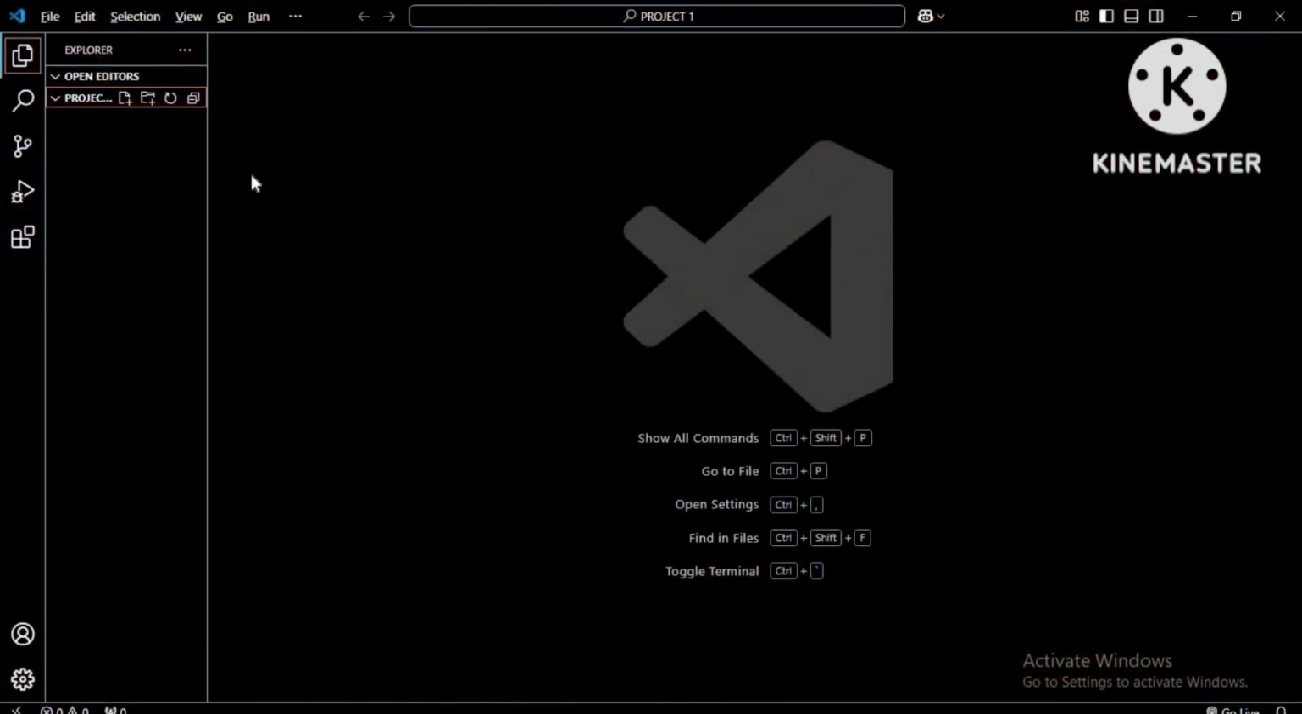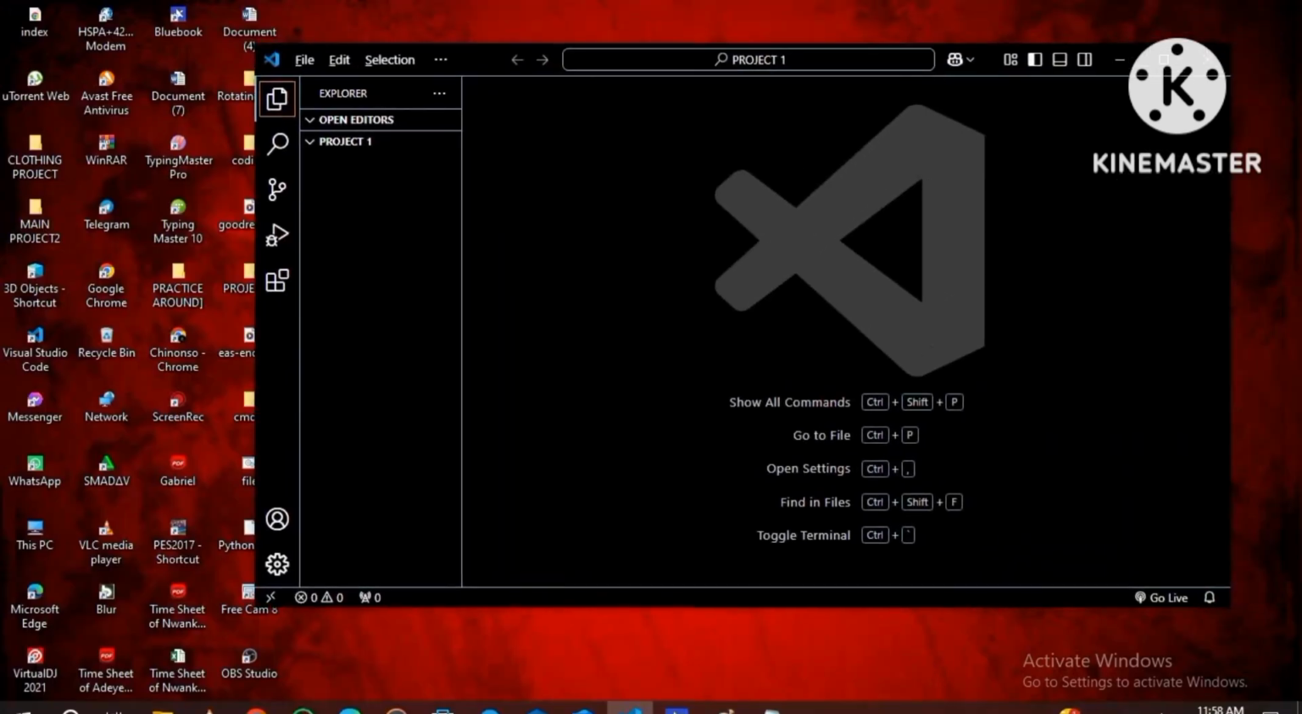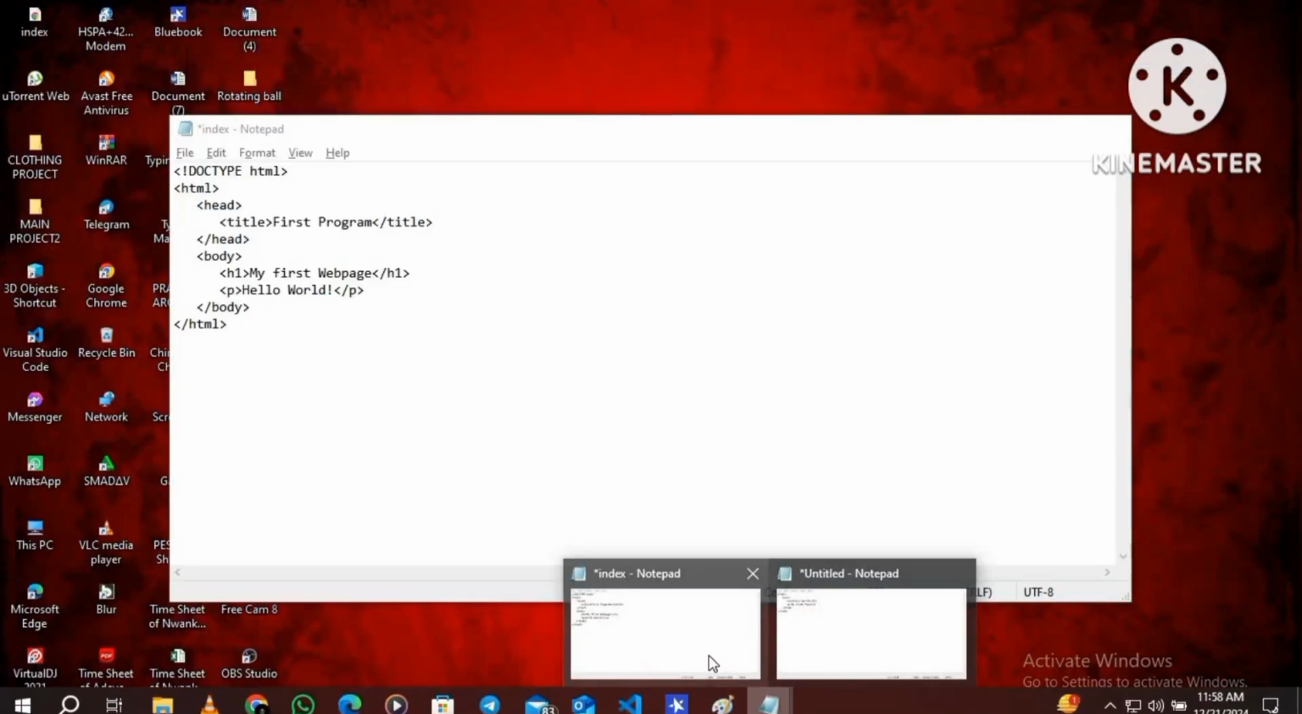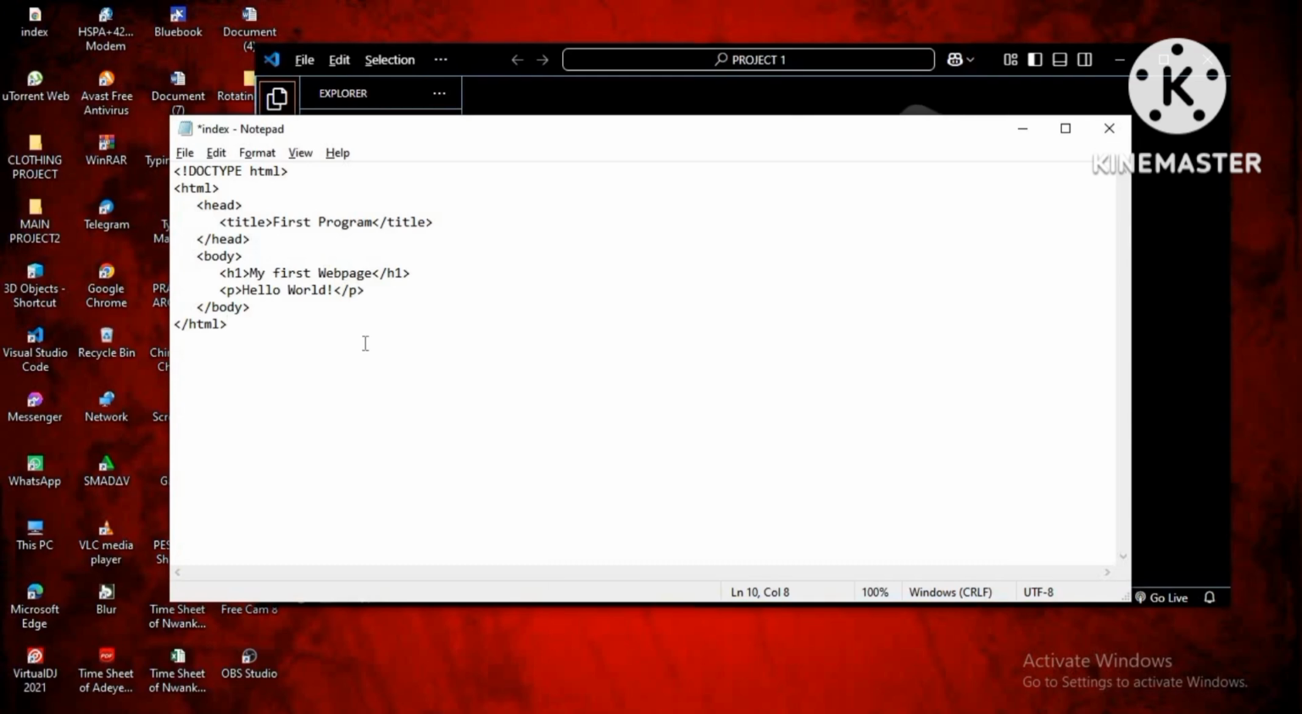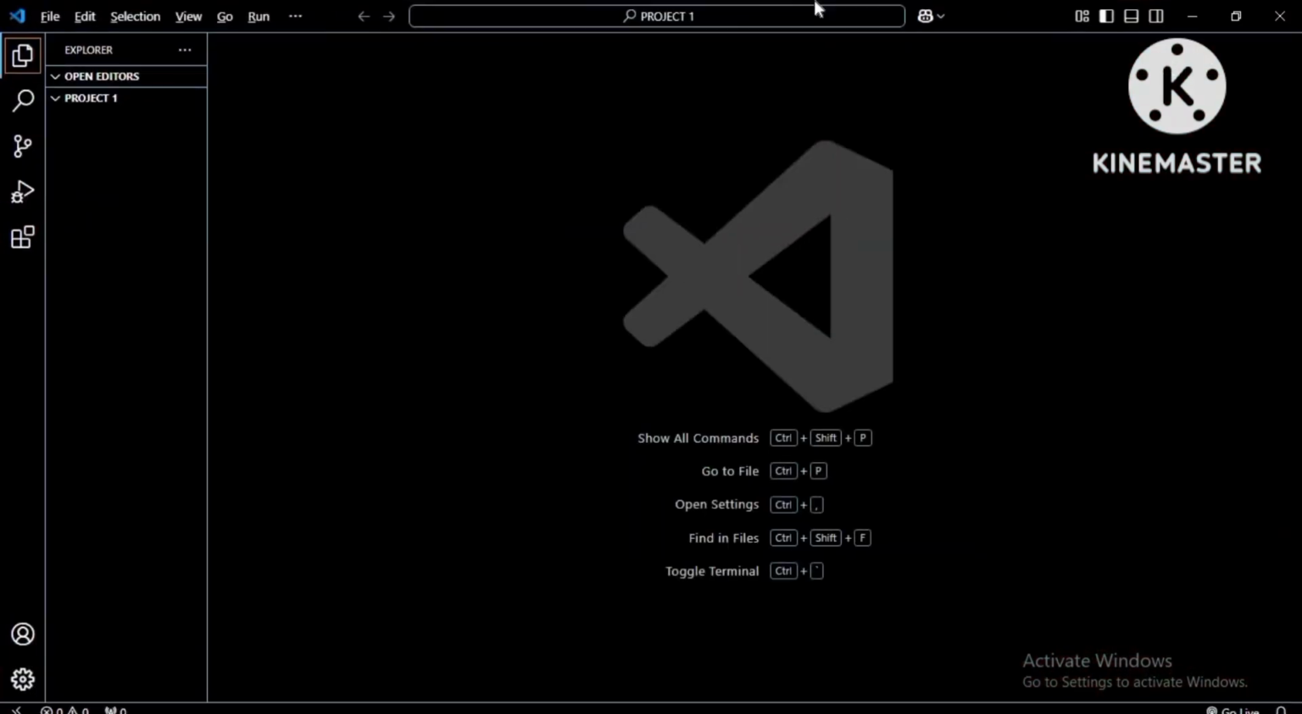The next thing we have to do is to create a file. Remember when we were using notepad, we had to save it and name it. That's basically what we're going to be doing here. We're going to create a file just like with notepad. We're going to create a file called